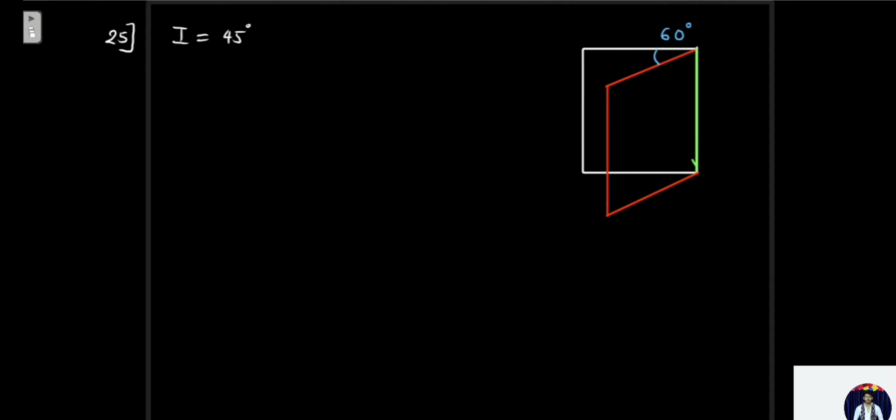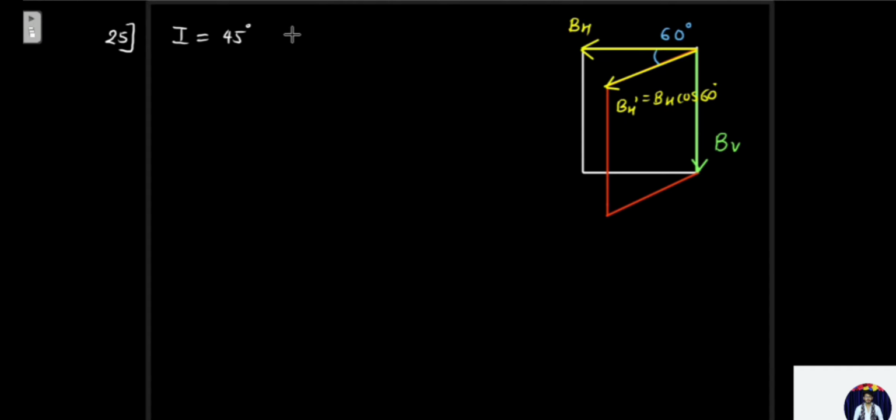If you see over here, the vertical component is remaining the same. It behaves like the axis, but the horizontal component is changing. Originally the horizontal component was over here, now the horizontal component is over here. If I consider this horizontal component as BH, this I can say to be BH dash, which will be BH cos 60, because we are just turning BH through an angle of 60.